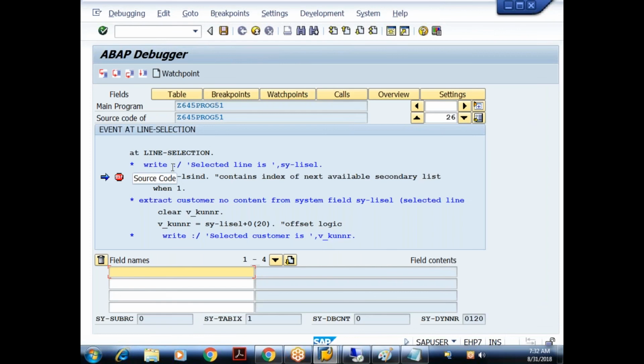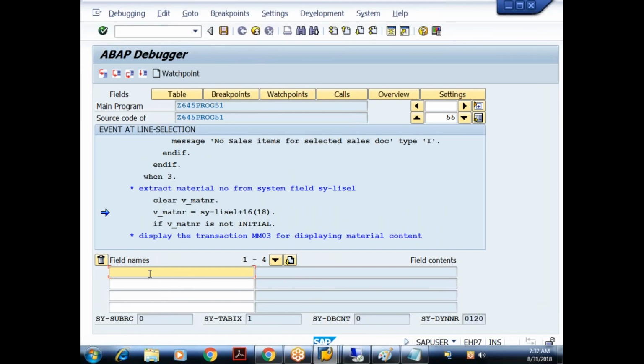F5. Control goes to Ven3. Yeah, if you see this SY-LISEL, this is the entire line content. But I am interested only in this L40F. So if you see material number,